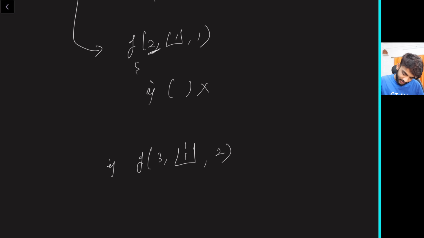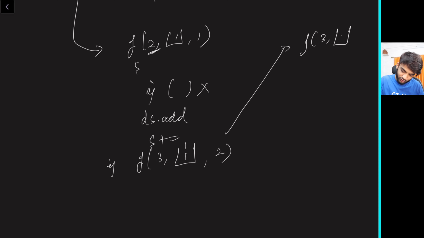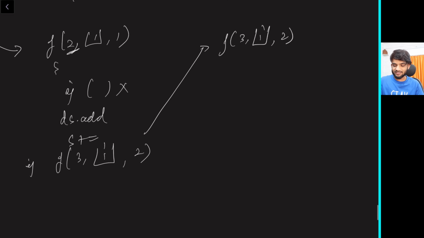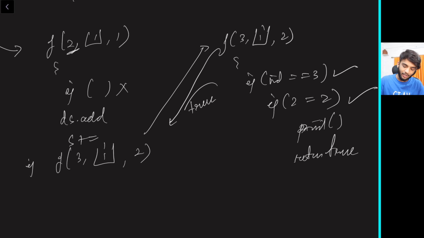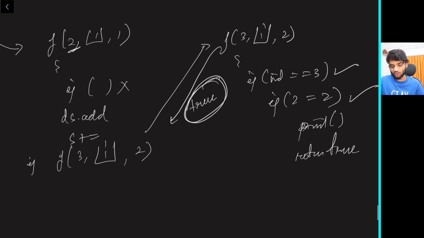And in this case, like you would have added data structure add summation plus, and now this function call goes with f of 3 and the data structure has 1 1 and 2. This is the moment index is equal to 3, true, 2 is equal to 2, true. So you print it, and then you return condition satisfied, return true. So this guy will return you a true. The moment this guy returns you a true,